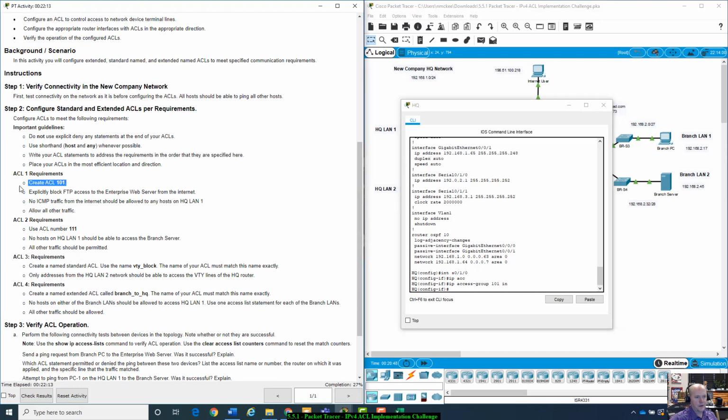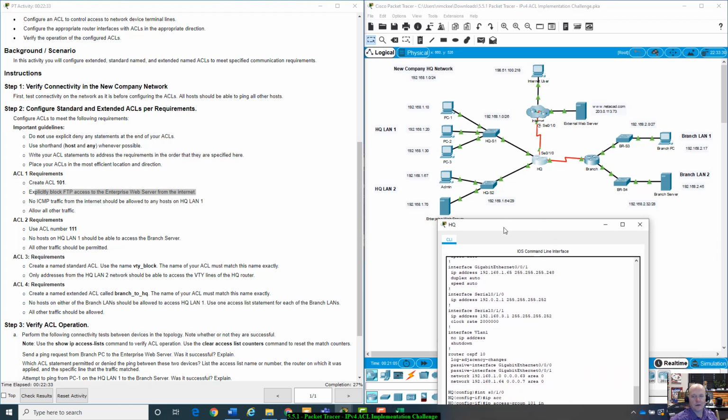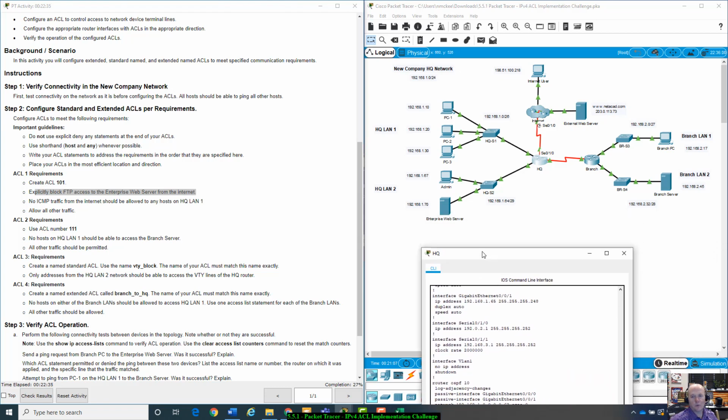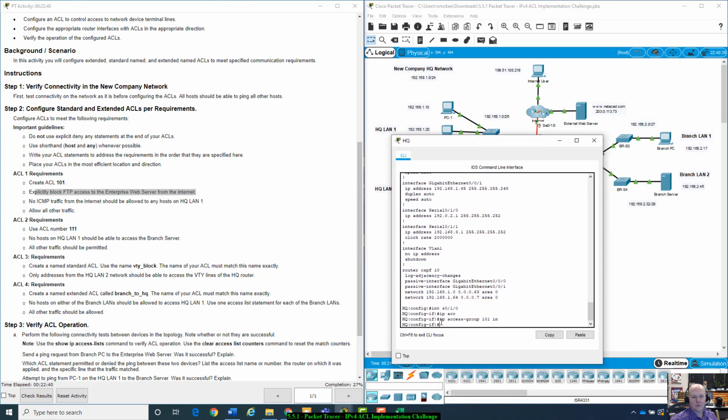All right, so we created that. We explicitly blocked FTP access to the enterprise web server from the internet. All right, so we blocked it right there. No ICMP traffic from the interface should be allowed to any host on HQ LAN 1. So we blocked everything going to HQ LAN 1, which is this network. All right, allow all other traffic. If we do a do show run,